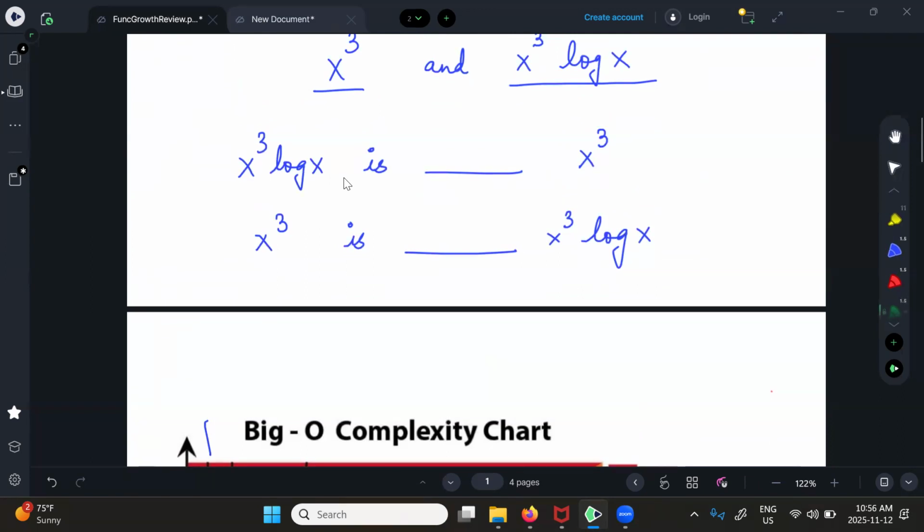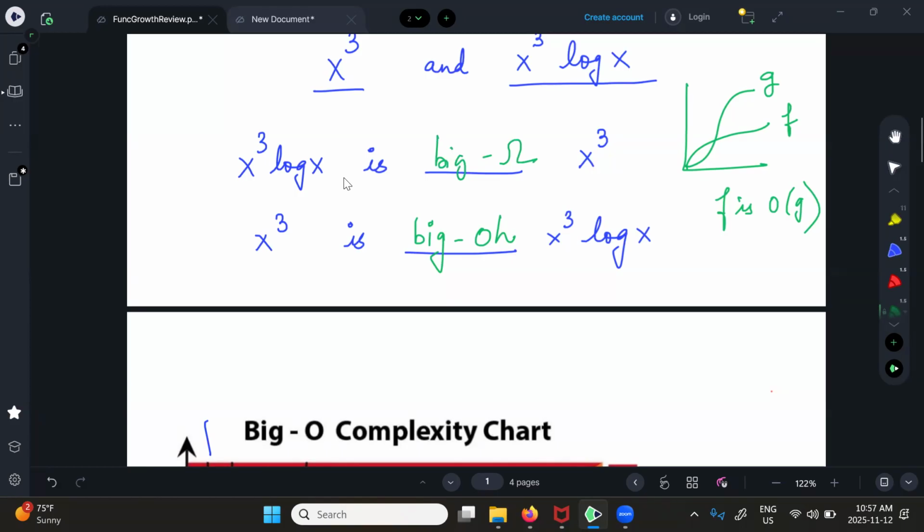How many agree with Daniel? Big O means if this is f, this is g, f is big O of g. The first function, because you're multiplying with the logarithm, is going to be a worse algorithm. So this x cube log x is at the top, and x cube is big O at the bottom. Make sense? This is where it gets most confusing. As soon as you get the exam, write this on the top of the paper, okay? If I reverse it, it becomes